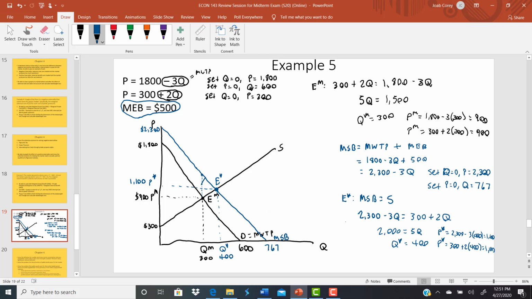So the fact that we are not producing these 100 units means that we are not producing enough from the socially optimal standpoint, and therefore we are creating some deadweight loss, which we'll go ahead and calculate here in orange. It's represented by the area of that triangle there, right? So again, there are 100 fewer units out there than we'd like there to be. In order to figure out the height of this particular triangle,